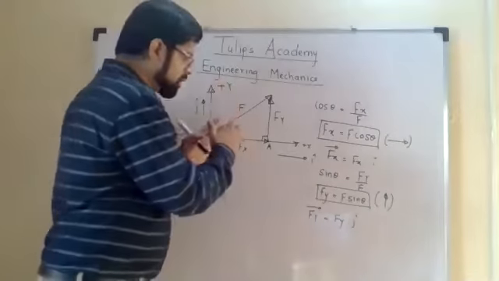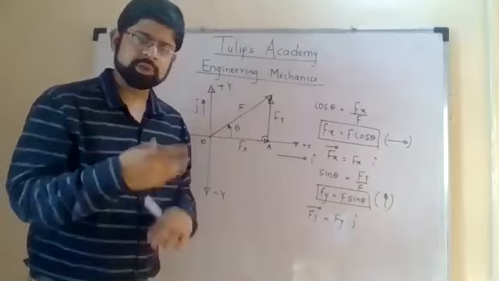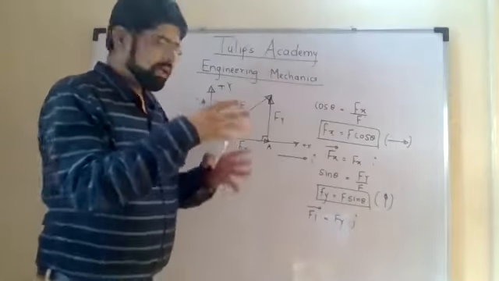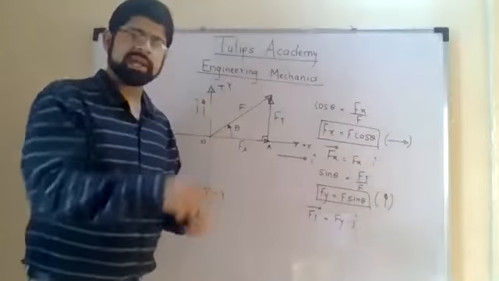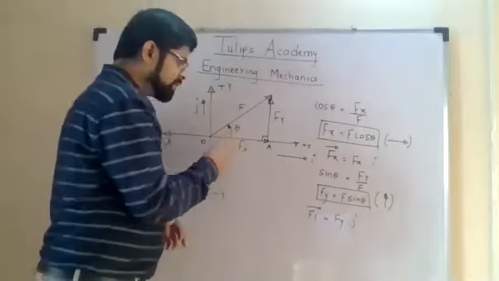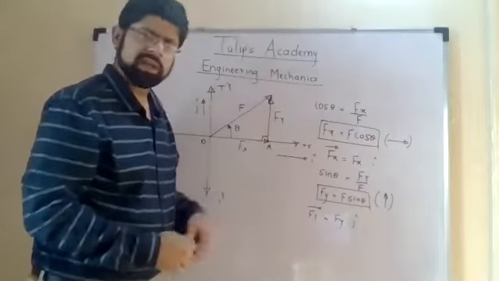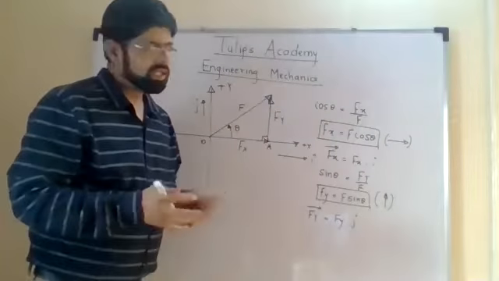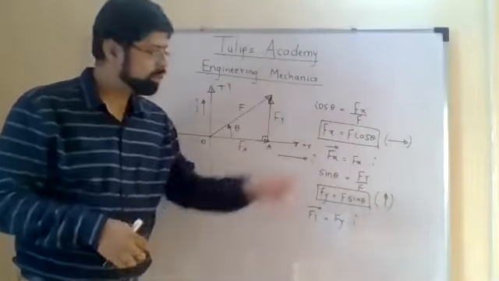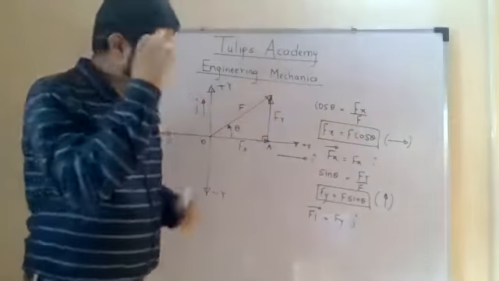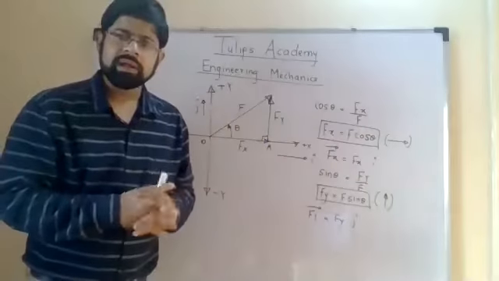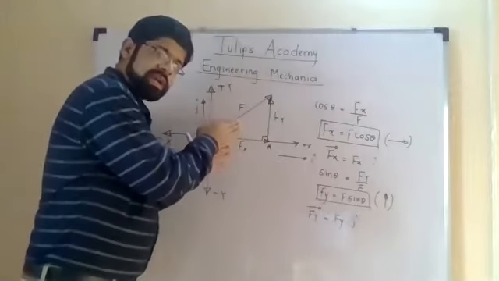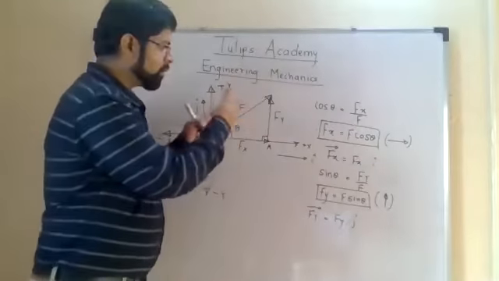It depends upon the angle and the axis with which the angle is given. So please carefully look whether the angle is given with respect to the x-axis or y-axis. Don't memorize this formula. This formula depends upon the axis with which the angle is given. If the angle is given with respect to the x-axis, then these are the formulae which are acceptable. If the same angle is given with respect to the y-axis, then you will get wrong results if you go with this formula. So please carefully look at the figure. First of all, ensure the axis with which the angle is given and the magnitude of the force, and then calculate the values.